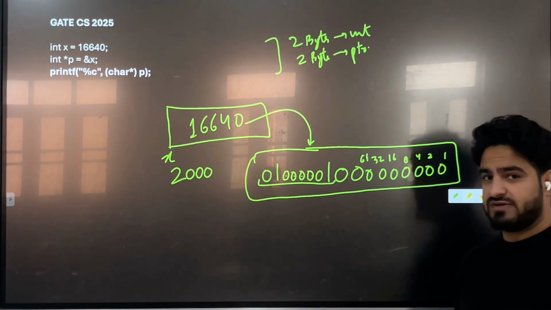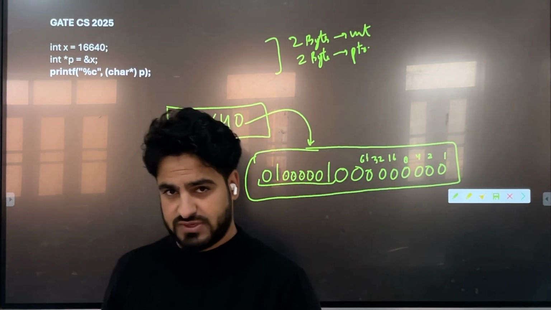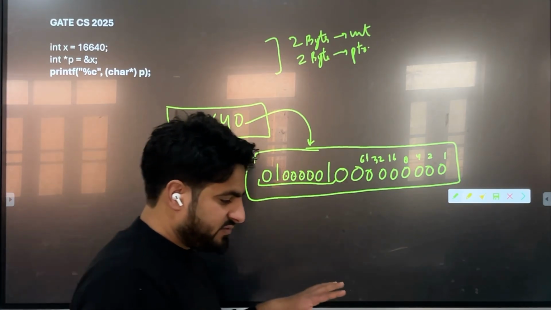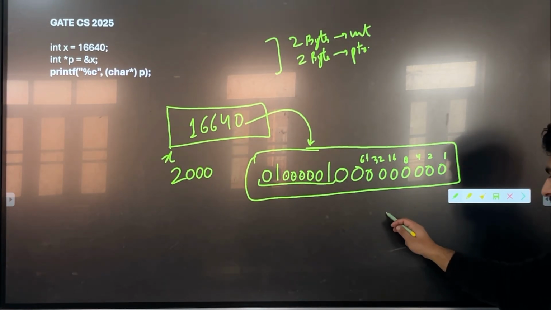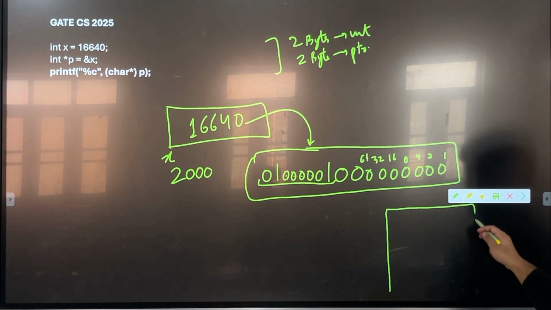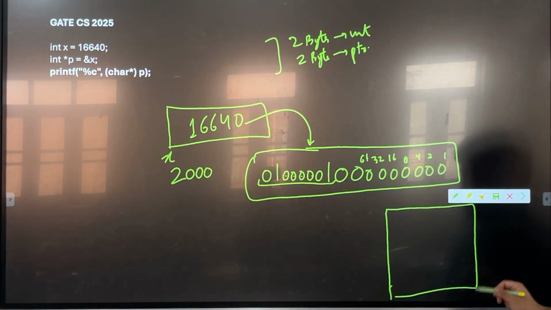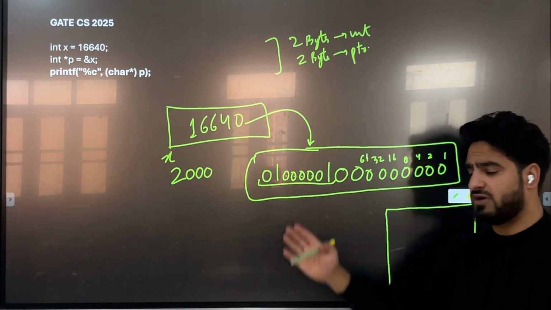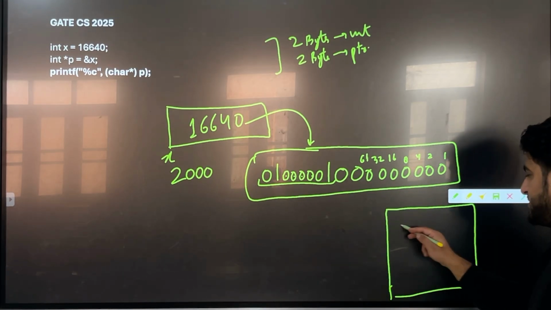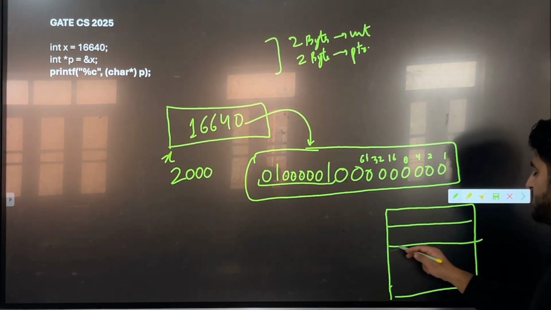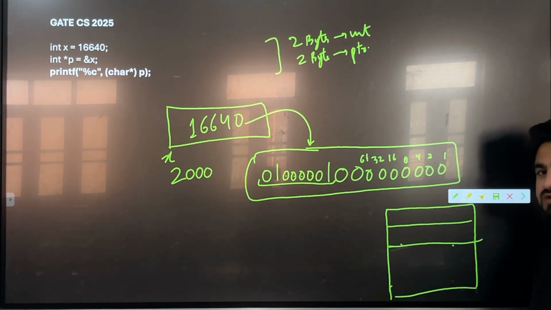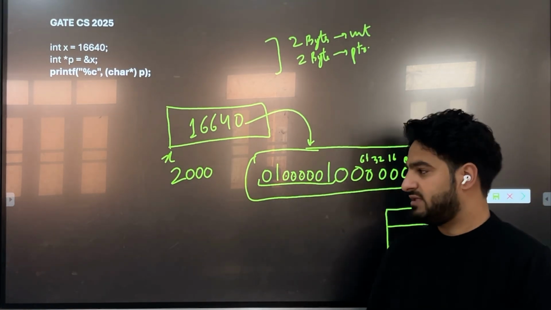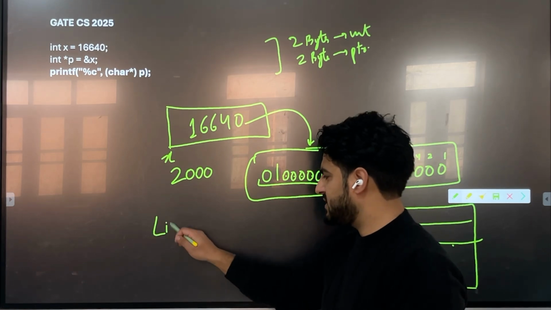Now this has to be stored in memory somehow, right? But it was also given in the question that the memory is byte addressable. So at any location, 8 bits will be stored at maximum. Now the question is, this is a 16-bit long number. How do we store it into blocks of 8? So some chunk will go here and the other half will go here. But which half? There is a concept called little endian